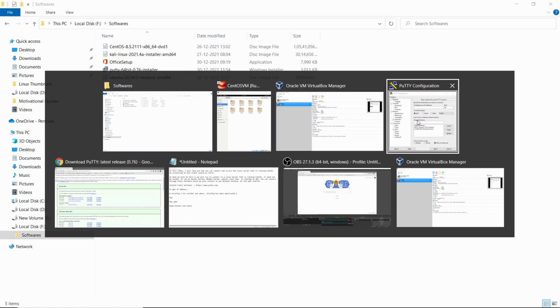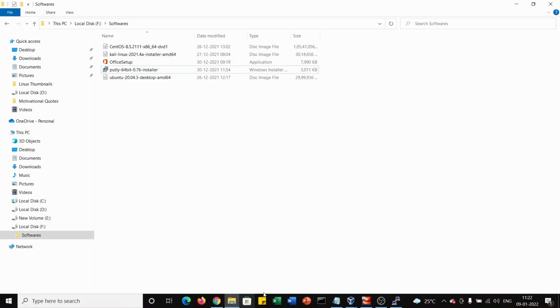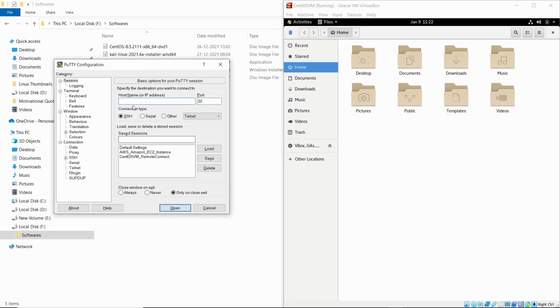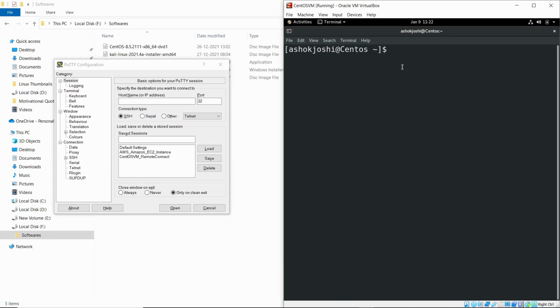Let's open up our Putty. Okay, so there we are. We have our Putty here, and we have our CentOS machine here. Now we have to identify the IP address. There are some commands through which you can identify it. Go to your terminal, and now you can fire up a command called